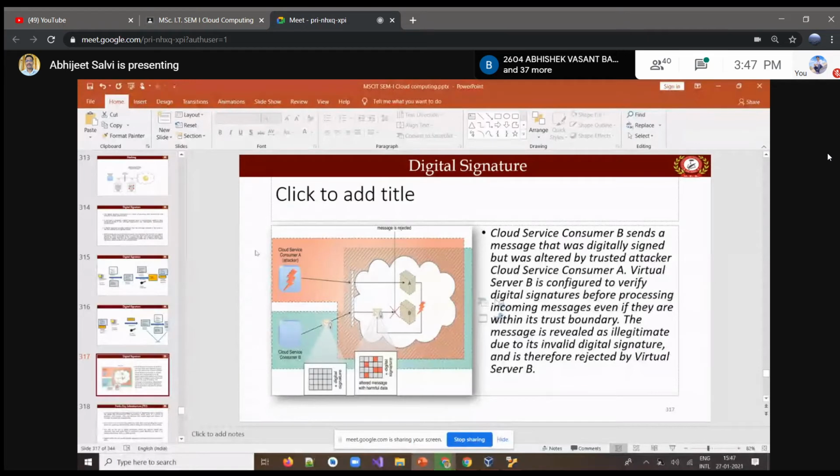Whenever we send a message, we not only encrypt and send it, we also hash it and encrypt that with the help of the private key. Then at the receiver end, it is decrypted and checked with the hash algorithm, and we can compare and verify it. That is the idea behind the digital signature.